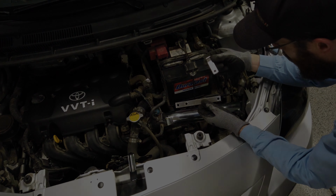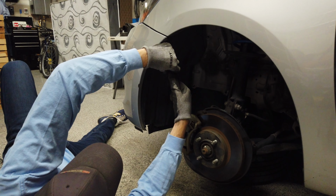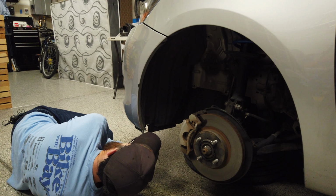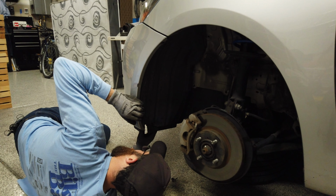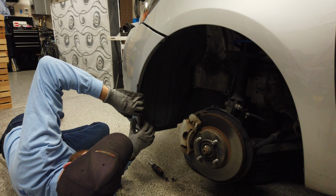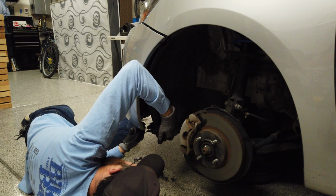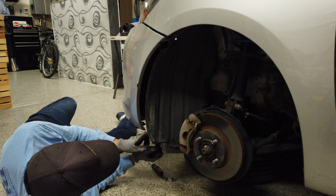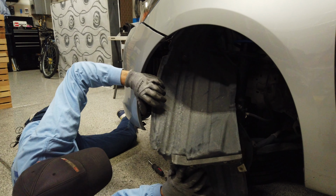I mean, this was actually a different one. This one looks like it might be a 10. We'll take this off. Going down here, that's Phillips. So it looks like that should be enough. I'm going to have to pull this out a little bit. There we go. Pull this out. This shouldn't break too many things. All right, there we go. Yeah, so there's a little clip here that had to be undone and pulled off. So take this plastic, because it's plastic, put it,